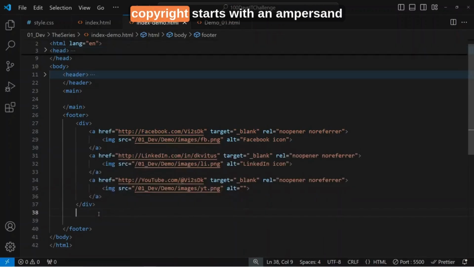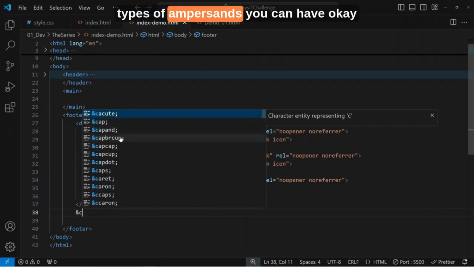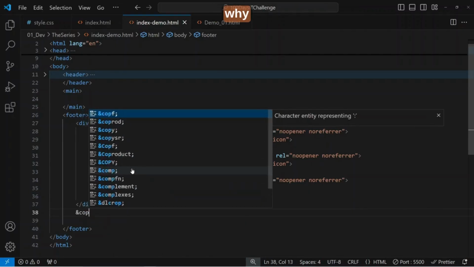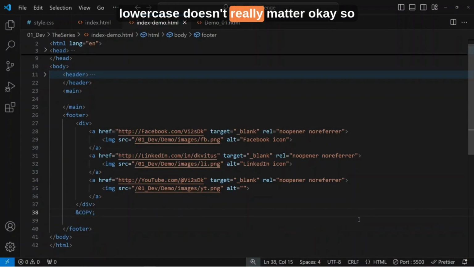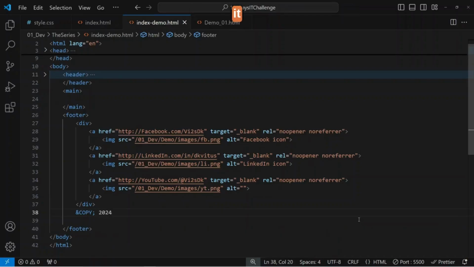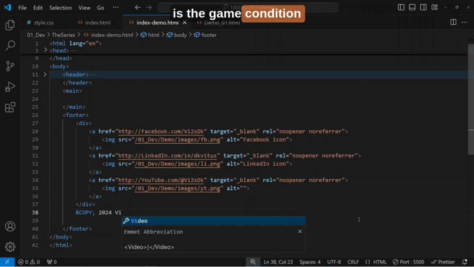Next we need to add copyright. Starts with an ampersand. When you type C, you see all the different types of ampersands you can have. Okay, so COPY, and it shows you an example of what it looks like. Uppercase, lowercase doesn't really matter. Okay, so copyright 2024 Vitus DK